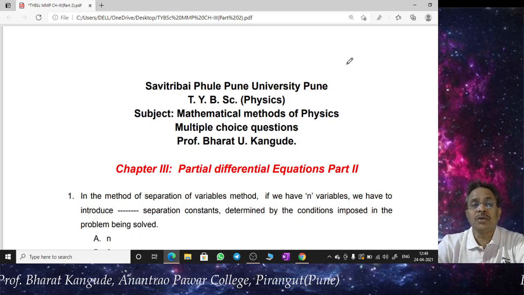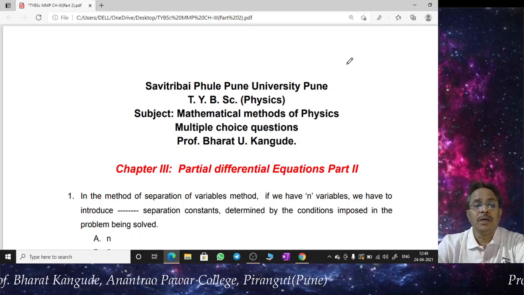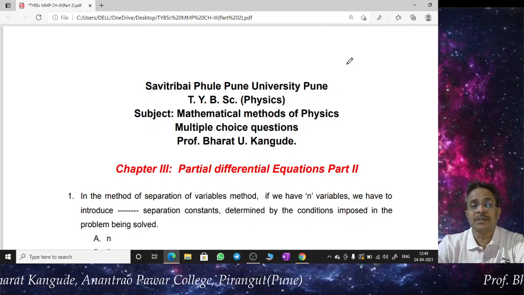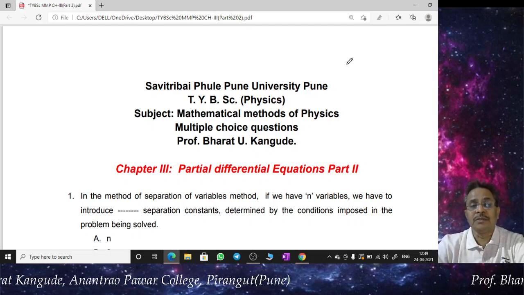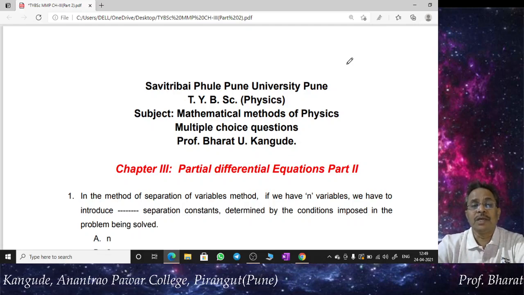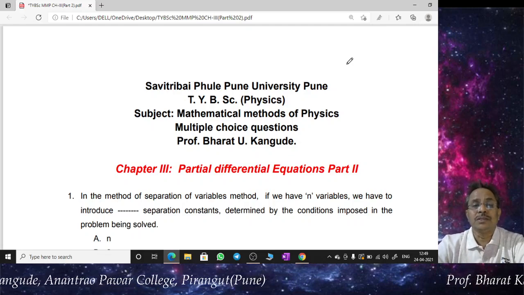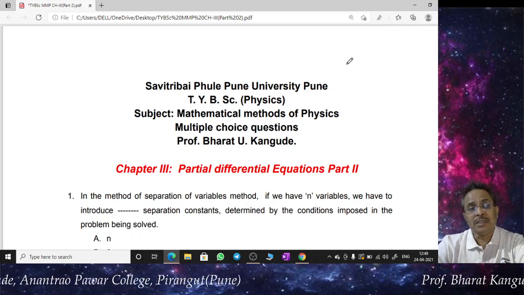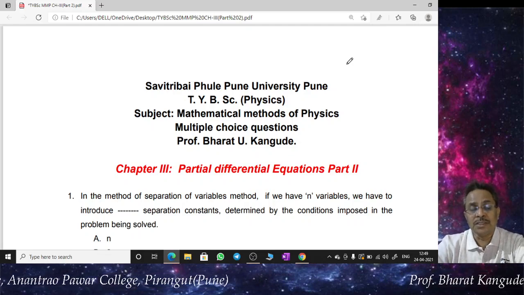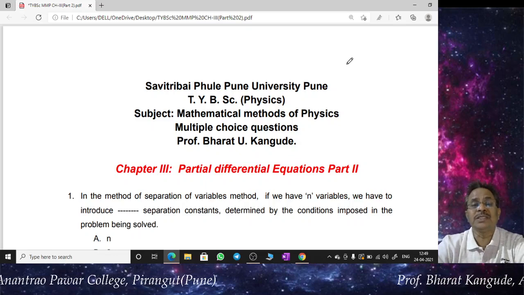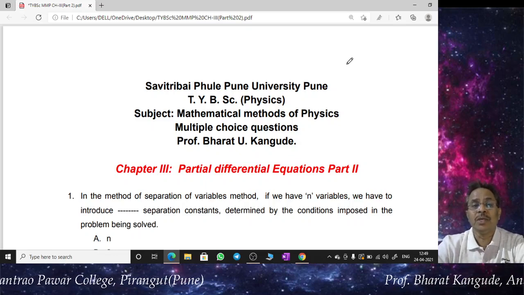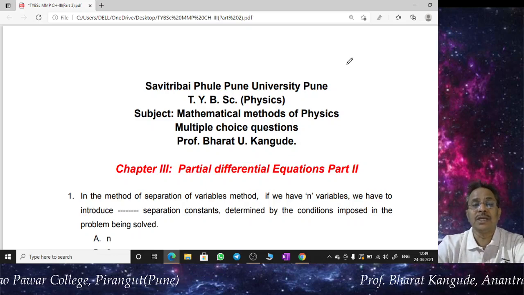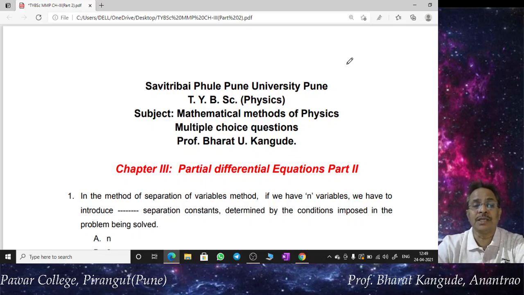Here basically we are going to concentrate on the methods, differential equation solution methods. Basically we are going to concentrate on this first method, that is the separation of variables method. Then we are going to see some questions based upon the singularities of differential equation. What are the types of singularities, how to deal with the singularities, how to define the singularities, etc.